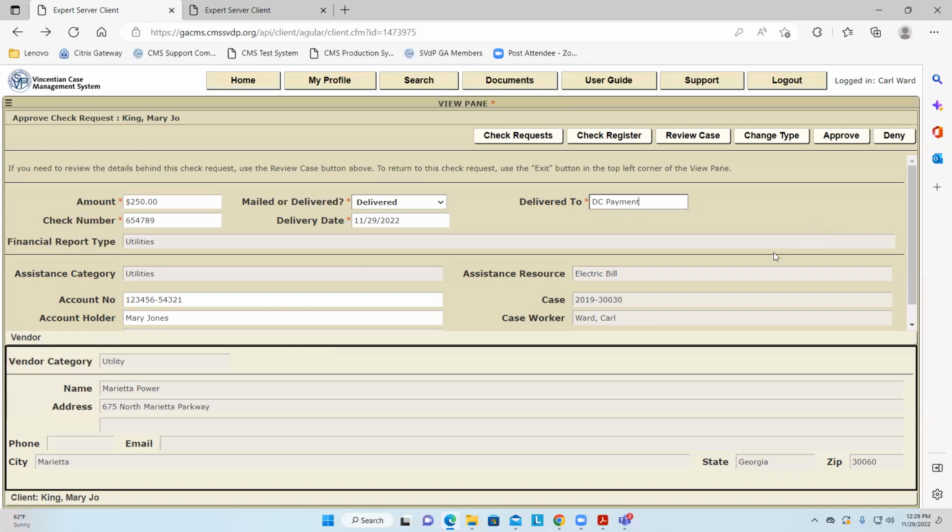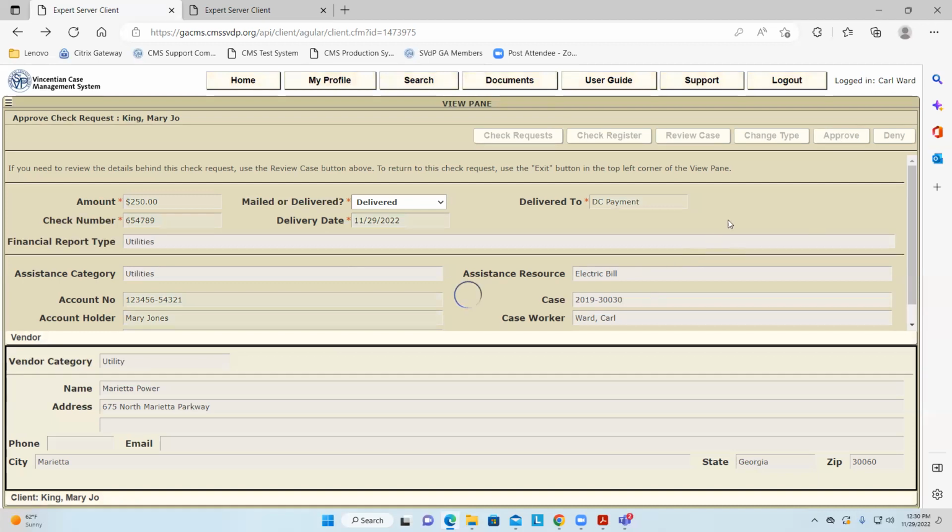But once again, as a treasurer, you just don't want to come here and start approving checks without looking around like Anne Marie did. And she noticed that the assistant resource was incorrect. You really want to look at all the information, especially the information that the caseworker passed you in terms of the account number and the account holder, because you're going to write that physical check. You want to make sure you get the right information on it or it won't get posted correctly. Okay, so all we're going to do is just approve this.